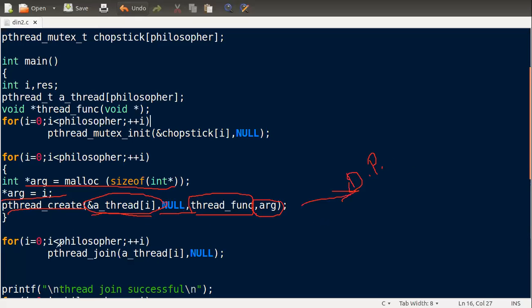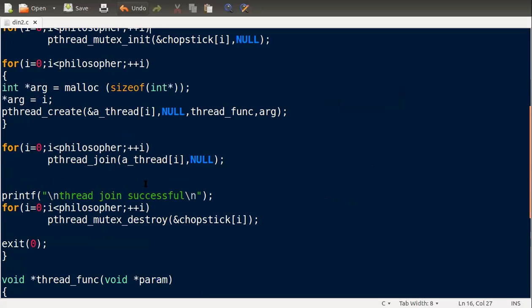Here the last for loop in the main is pthread_join. After this the joining is there and the destroy is also there, pthread_mutex_destroy chopstick of i. So these for loops are for join purpose and destroy purpose.